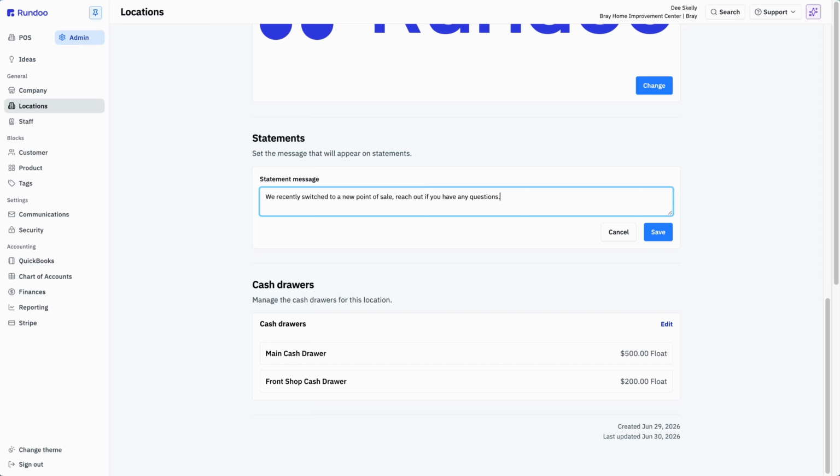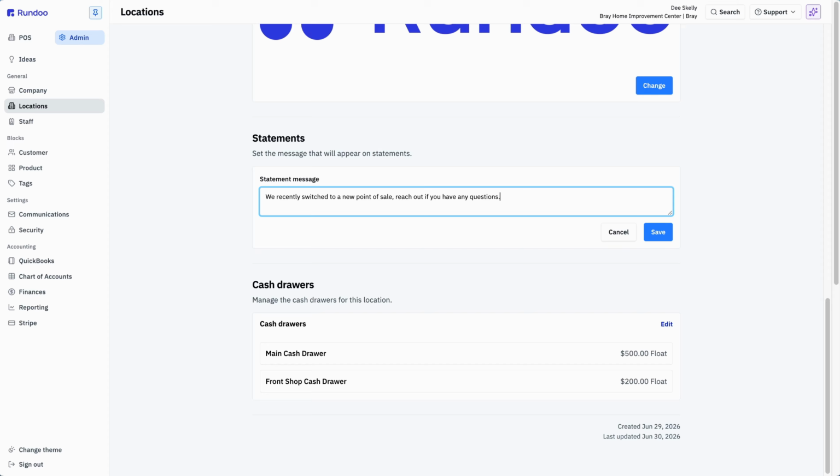Getting ready for your first monthly statement run in a new system is a big step. You want to be sure that when you send them out, all the dates, charges, and messages are exactly right. Before you run a single statement, there are a few settings to get in place. We'll walk through that prep work together now, so your whole process runs smoothly from day one.